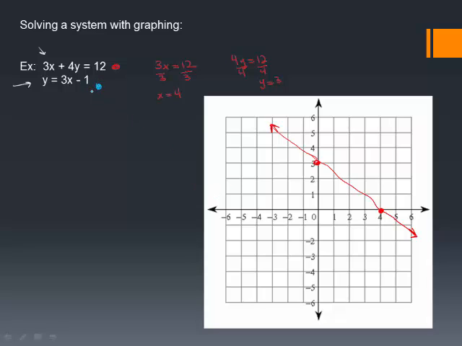Now this line I'll graph using blue. I have a y-intercept of -1, so I'm going to put a dot on -1. And then my slope is 3, which is the same as 3 over 1. So I'm going to go up 3 and then over 1. So I'll go up 1, 2, 3, and then over 1. And then I will connect